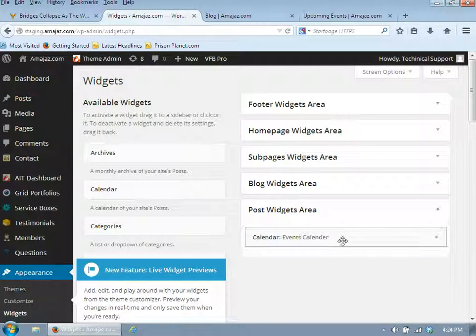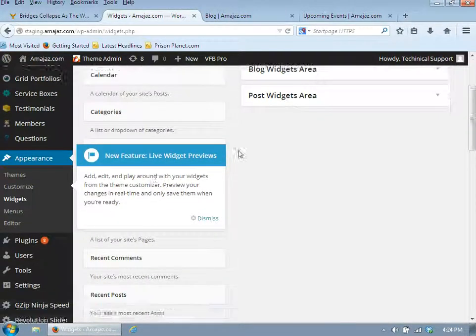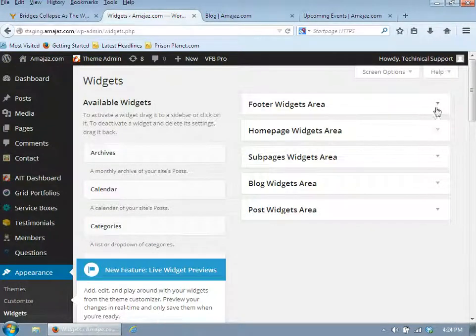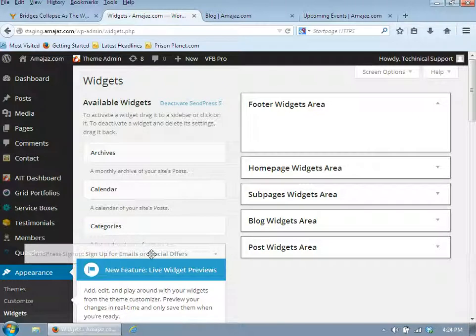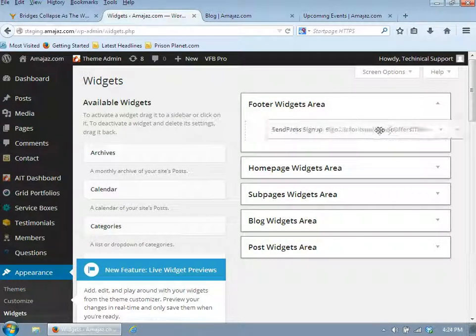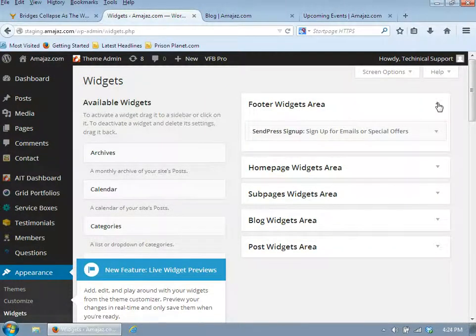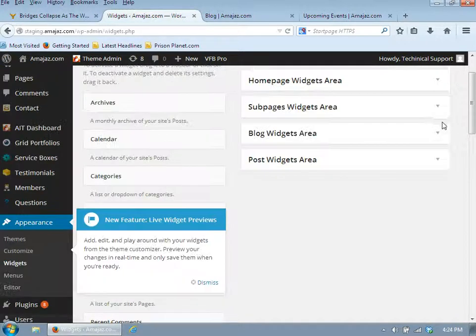And the post area is just the calendar for right now. Now you can change any of these widgets. Like if you don't want Send Press, you can hold it, drag it, drop it over here, and it'll be gone. And the same way, if you want to add one, you make sure you open whichever box you want